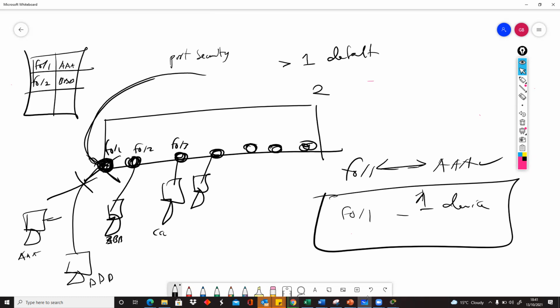There's more to it, but I just want you to get a fair idea of what port security is. And when we come in the next time, it's just going to be fast. I don't want us to spend so much time on port security. It will be only one session. And we'll finish with port security, and then we'll move on to